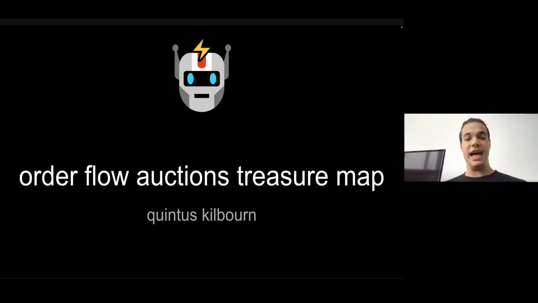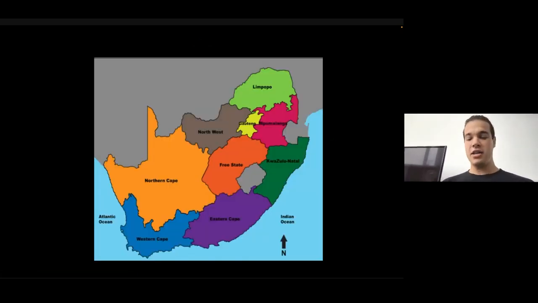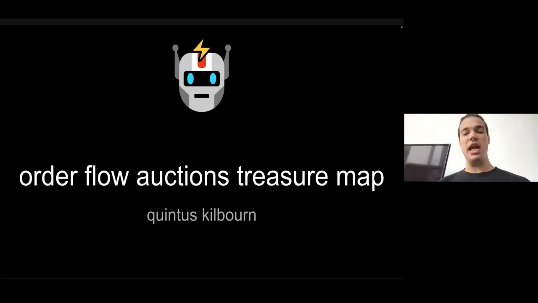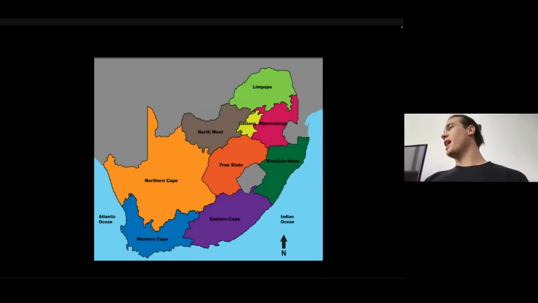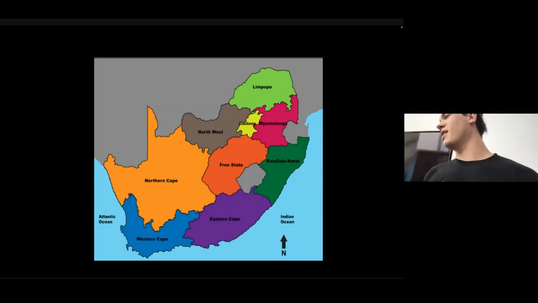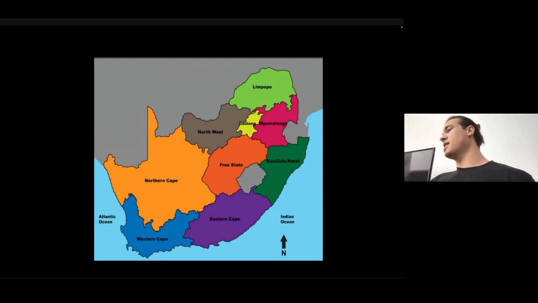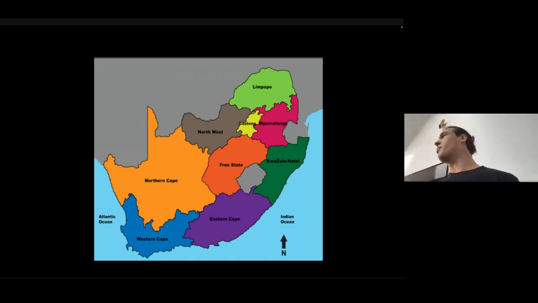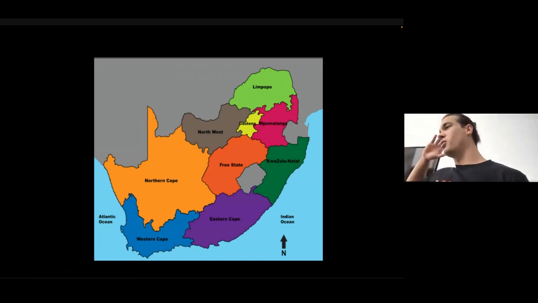Anyway, what's up? I'm Quintus, and today I'm taking you through a treasure map. What does that mean? Well, the idea is that the treasure somewhere on this map is some improvement on the current MEV landscape, some new design that changes things in some way, and we'll go into what changes we want. But today I'm not going to show you where the treasure is. I'm just going to show you what I think is the map and try to lay it out.